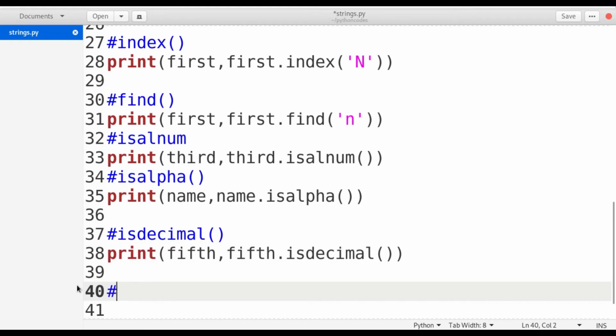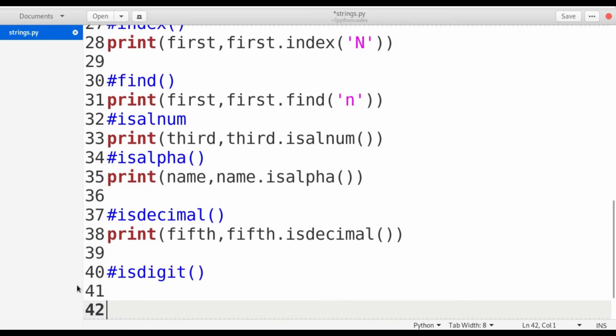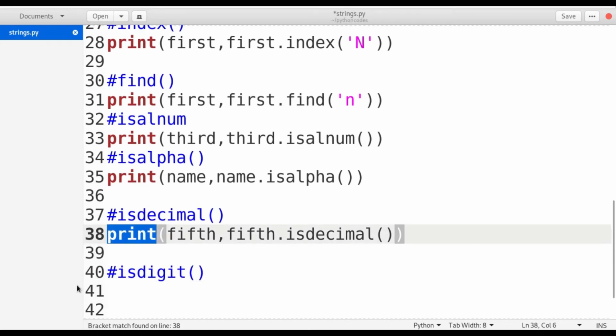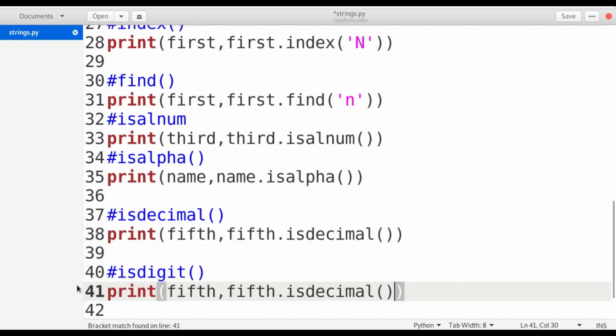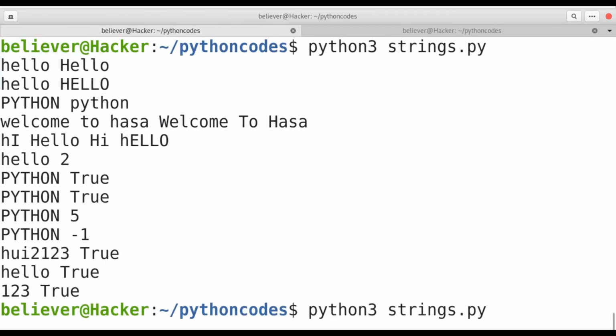So next I'm using isdigit. I'm checking whether a particular one is a digit or not. I'm applying this on the fifth variable.